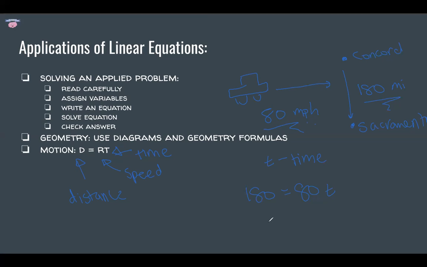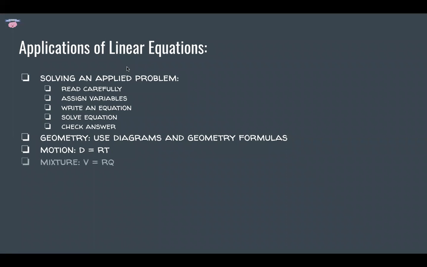Now we solve the equation. T is equal to, divide both sides by 80, 180 over 80, which is equal to 9 over 4, or approximately 2.25 hours. There. That's a relatively easy problem. There are harder motion problems as well. Mixture problems,